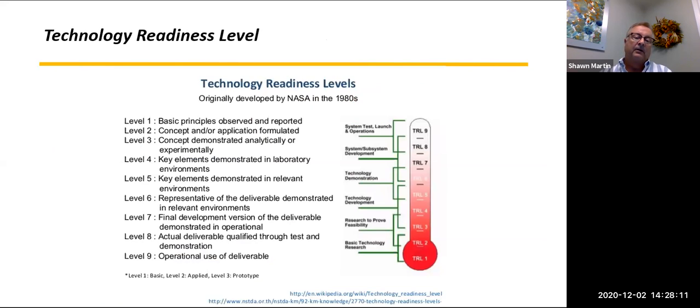So again, from a TRL point of view, the key element is the battery management system, the battery system. We were trying to get it to perform in a laboratory environment under vibration tables and